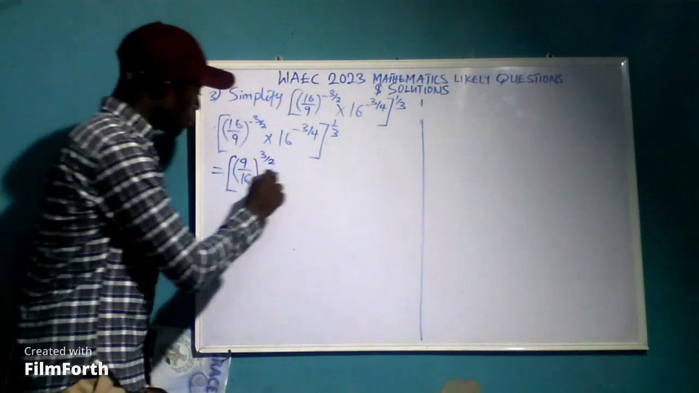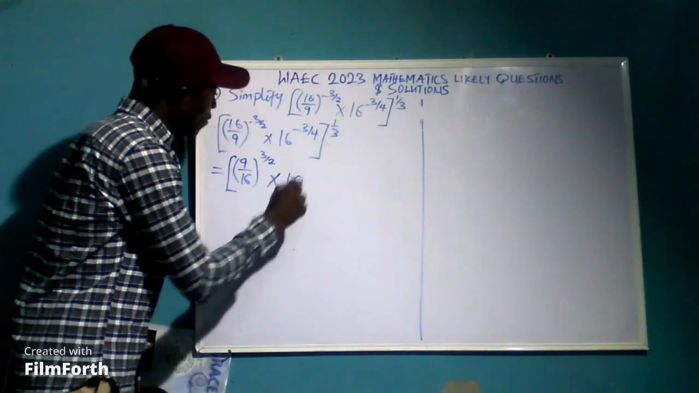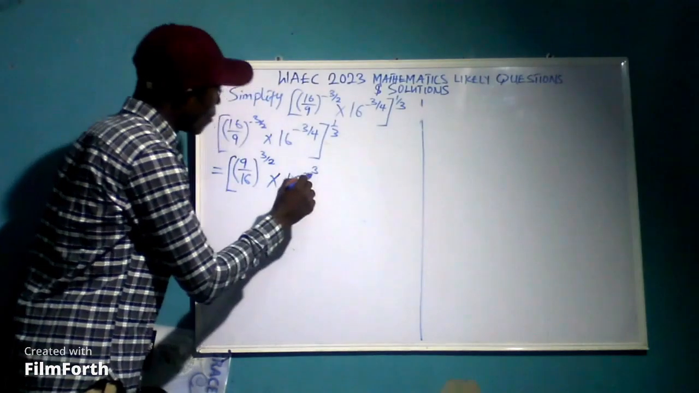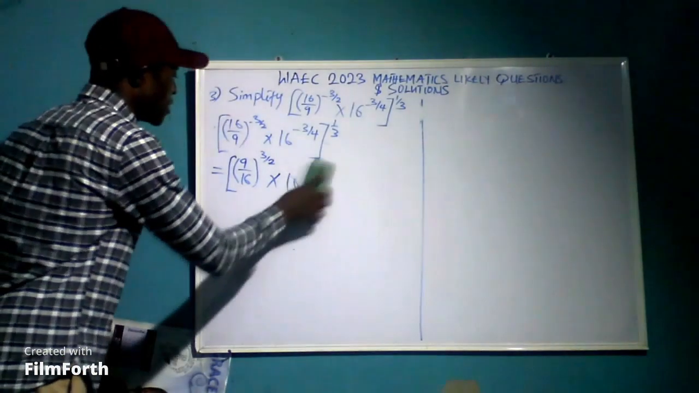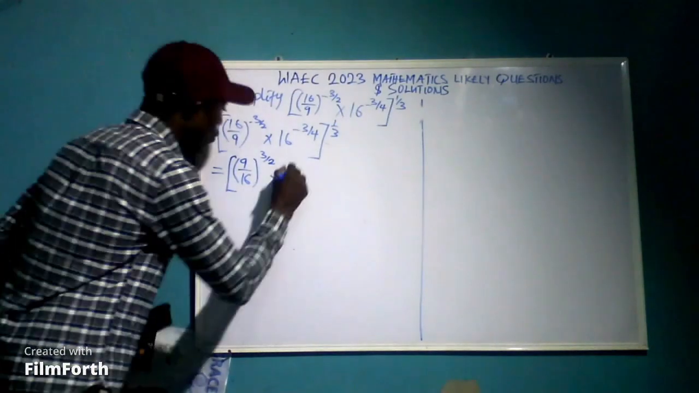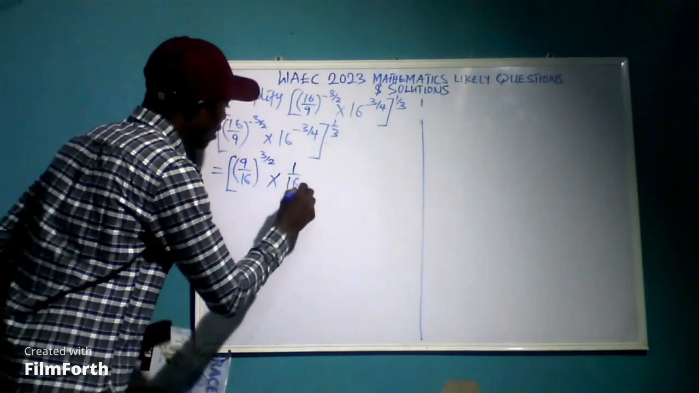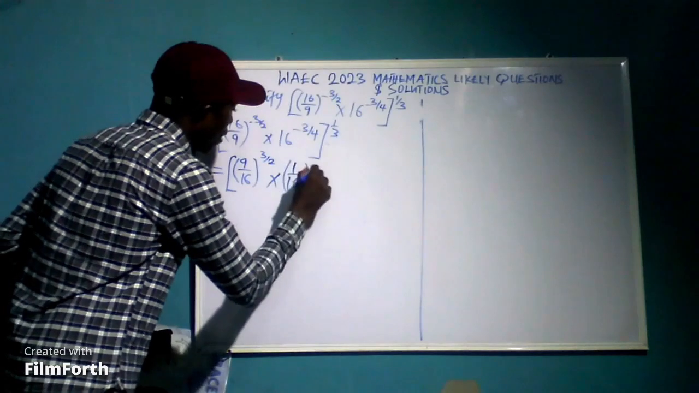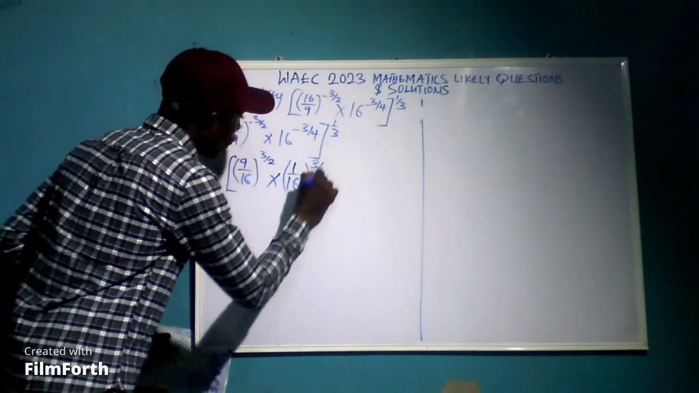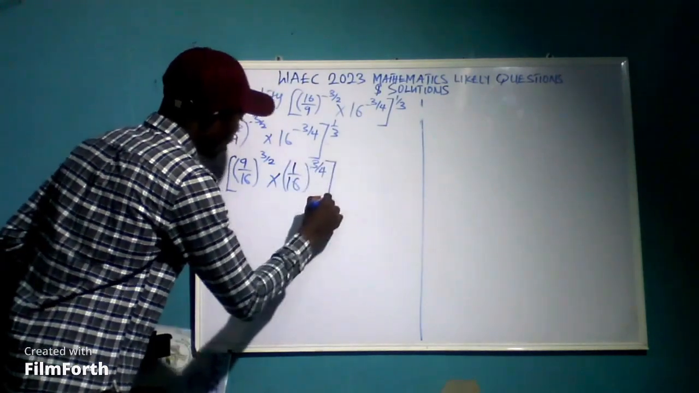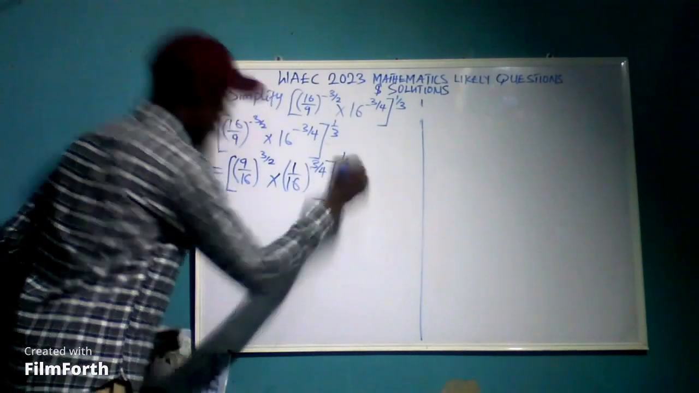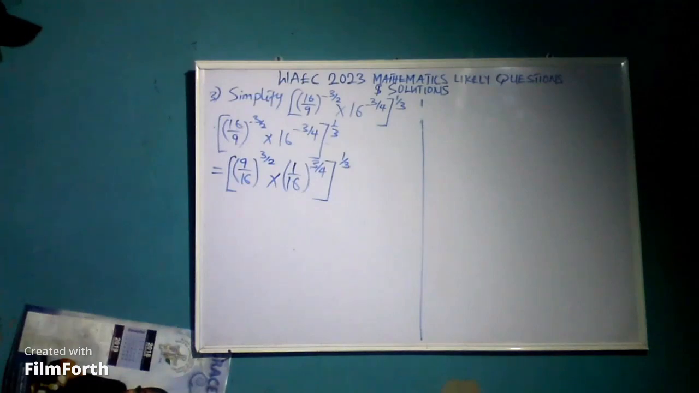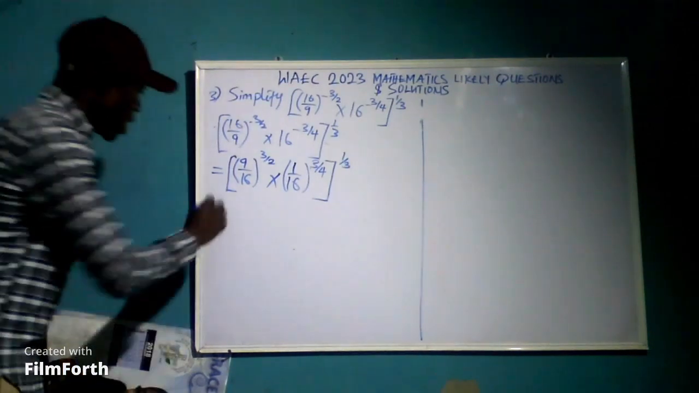Okay, so times 16 raised to power minus 3 over 4. Let me take the inverse of these two. The inverse of 16, that will be what? That will be 1 all over 16, 1 all over 16, everything raised to power 3 over 4. Everything in the bracket is raised to power 1 over 3. Okay? And with this, we have